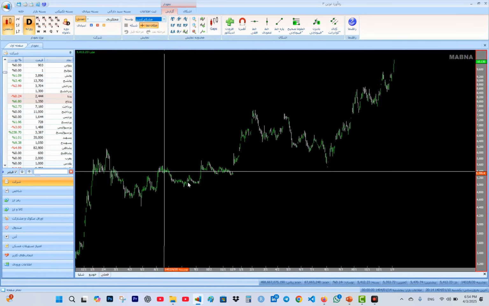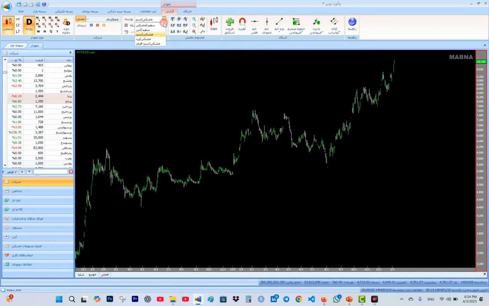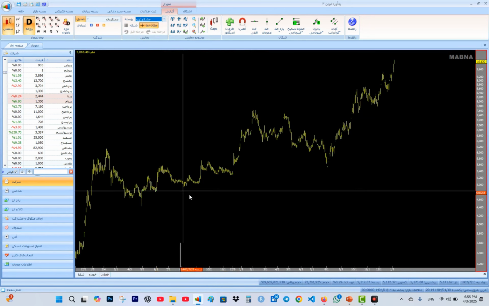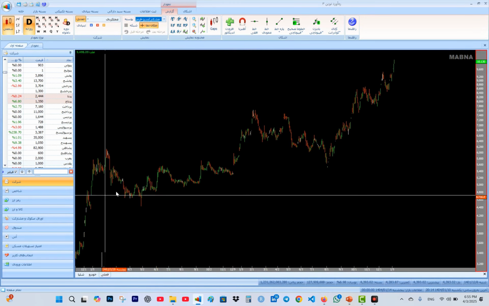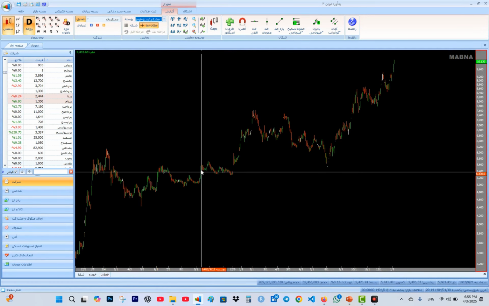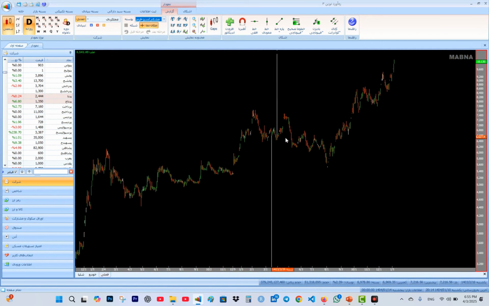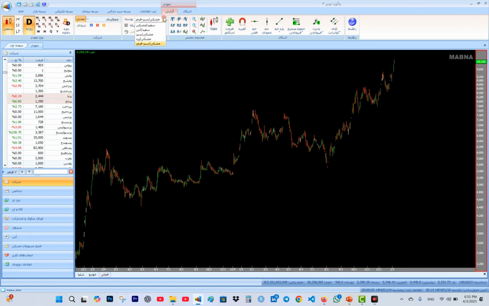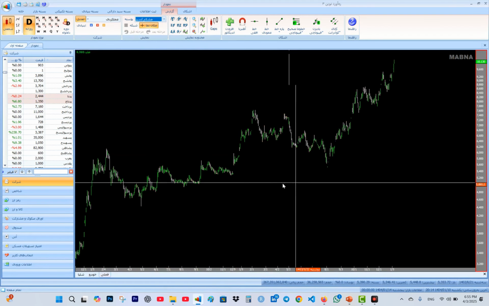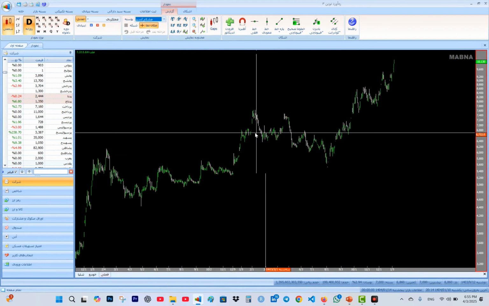This is the mode that I personally use as default, black and yellow, or black, green, and red, which shows upward trends in green and downward trends in red. And the background of the page is black. Well, I will switch it back to black and green. Now, according to your preference,